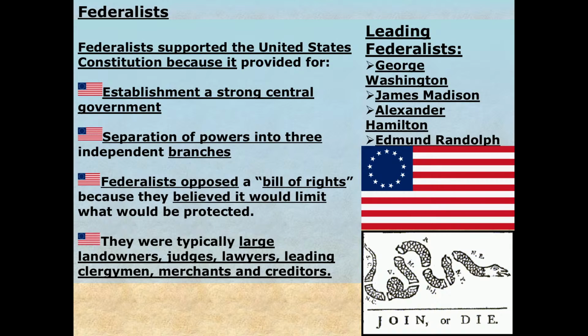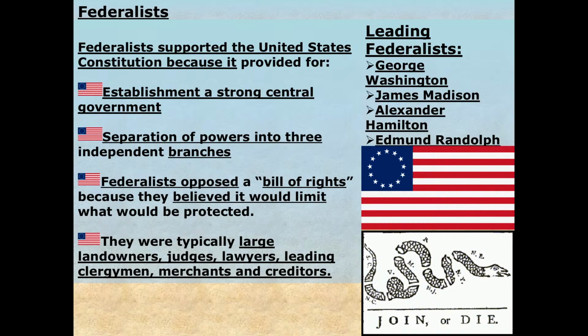So they're putting faith in the government to do that. Now, the Bill of Rights, they said, would limit what is protected because you can't possibly write down everything that's supposed to be protected. So therefore, they said, no, we're not even going to go there with a Bill of Rights. Okay? So the people who support the Federalists would be like your large landowners, your judges, lawyers, clergymen, merchants,